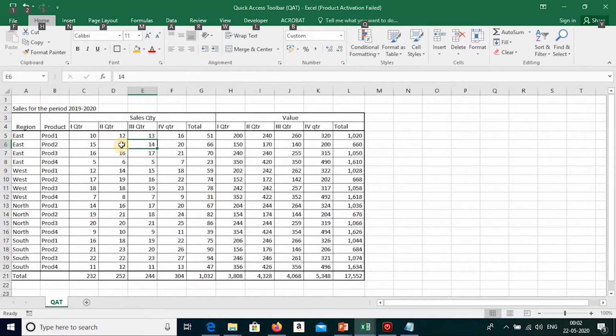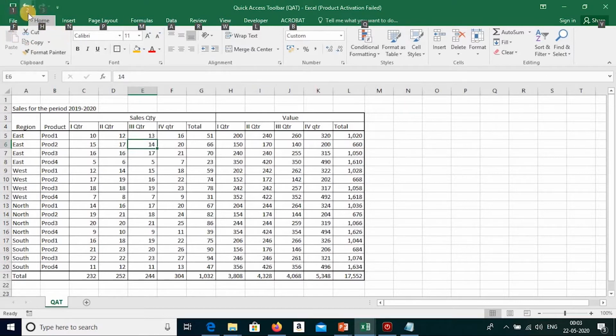When you use Quick Access Toolbar, as the name denotes, it means you are able to quickly access the tools which are inside the ribbon. There are various ribbons and you may forget where a certain tool is in a ribbon. So for your easy reference, you can customize those tools which you are frequently using to this Quick Access Toolbar.